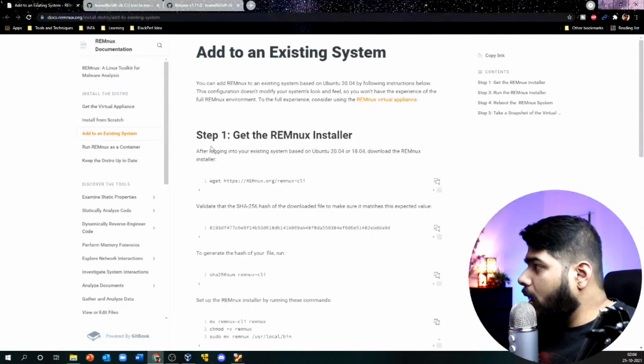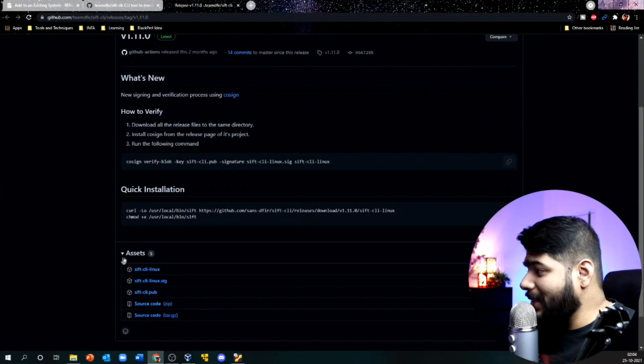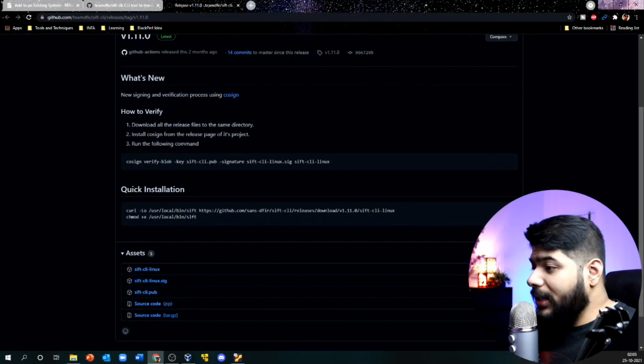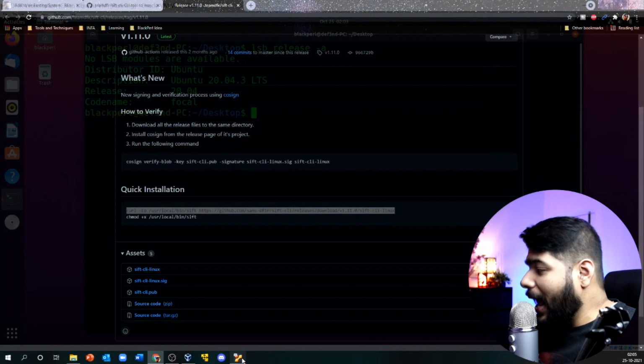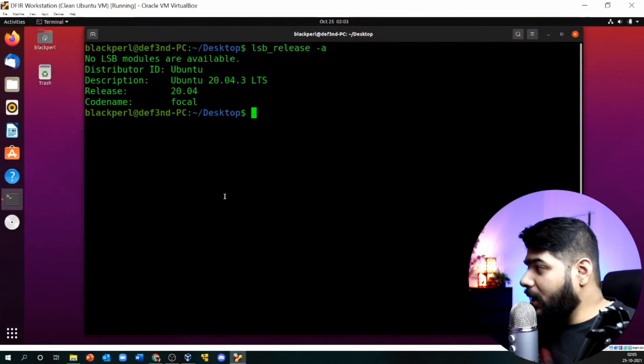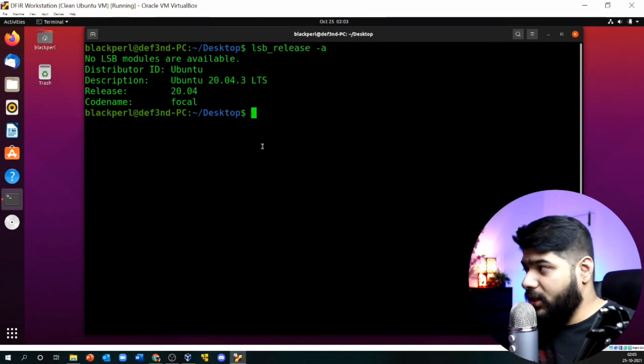Now I have opened the release notes and the things that we need. The first thing is that we need to do this particular curl command. I'll simply copy this from here, because I just need to dump the binary into a directory, whatever you may call it, to install SIFT.